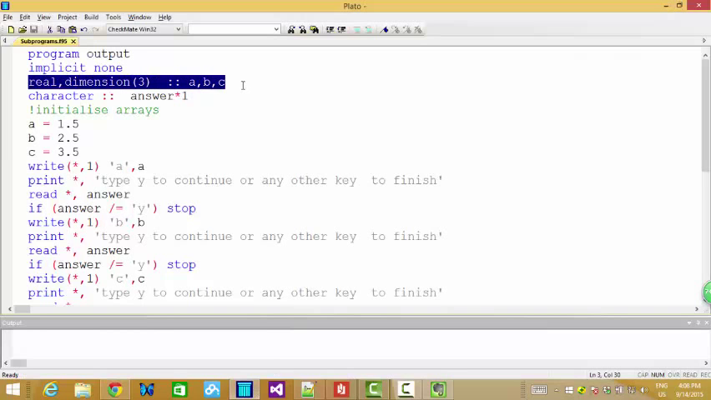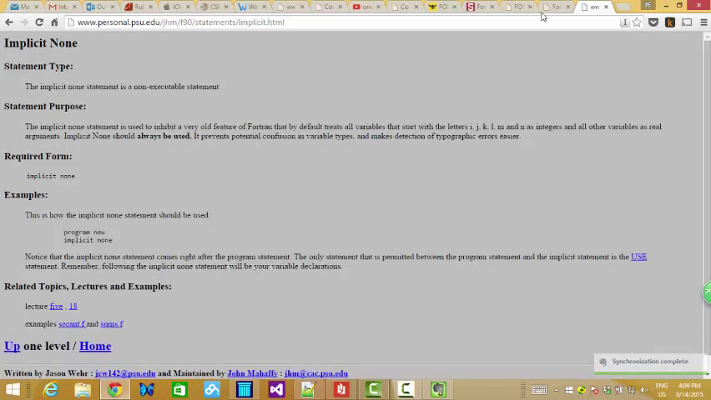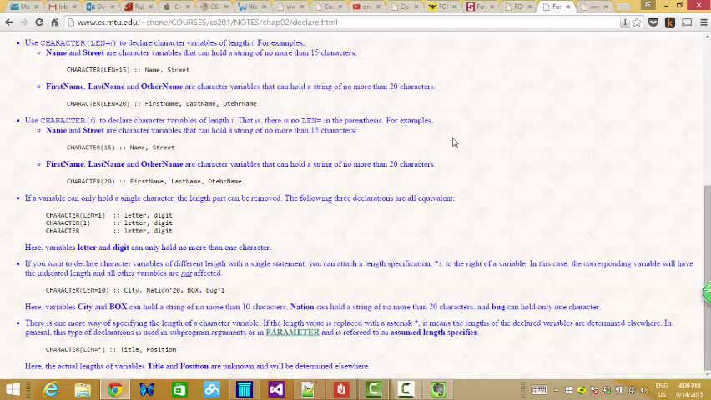Okay, this one is how to declare some arrays, right? We want to have A, B, C arrays, and each array has 3 elements. And here we want to declare a character variable. The name of the variable is answer, and we want to have only one character actually. Here on this website gives you some explanation of what *1 means,